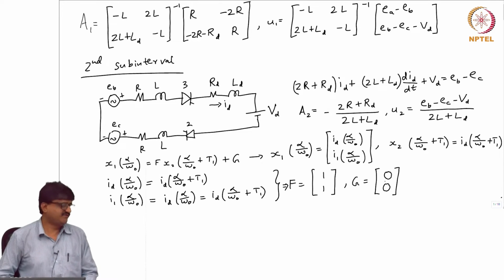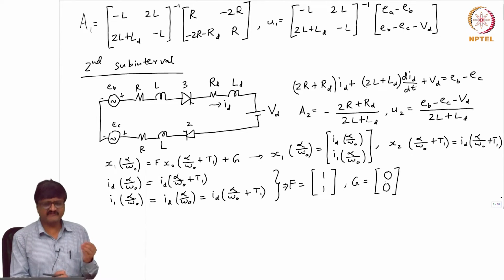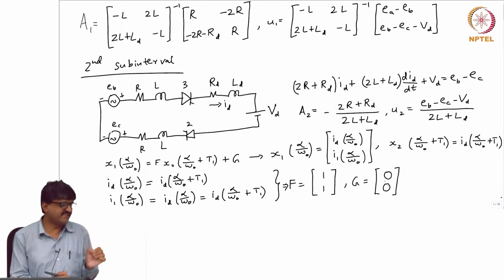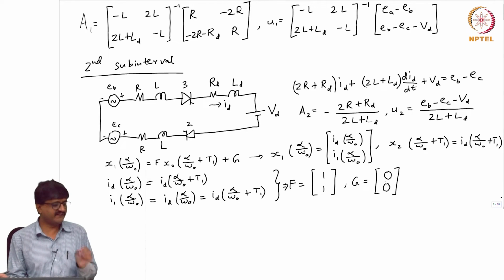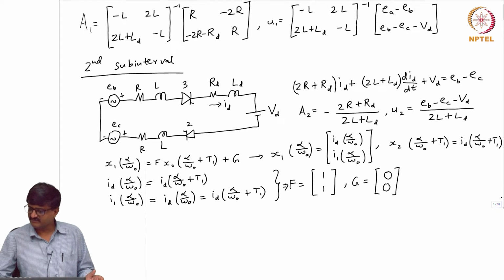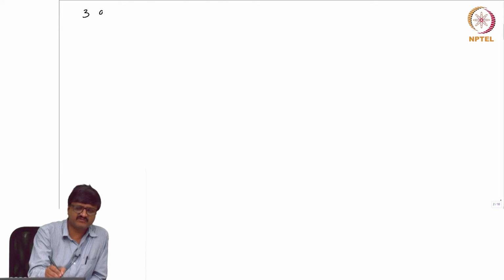So, this is as far as 2 and 3 valve conduction mode is concerned. If this is clear, we will move on. Essentially we are trying to find x1, x2, A1, U1, A2, U2, F and G, that is all. Given any circuit, if I know these things, I can go ahead and solve the equation, get the lowercase t1 and the solution. The solution can be obtained in a closed form. We have an expression for the solution, but that requires the knowledge of the lowercase t1, which one can get only by solving a nonlinear algebraic equation. If this is clear, then we will consider the same circuit, but 3 and 4 valve conduction mode.